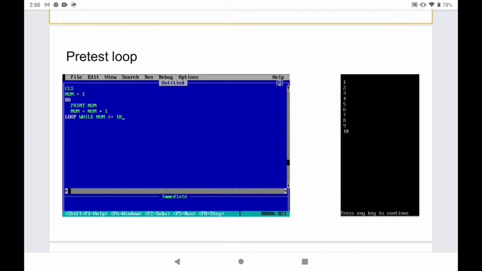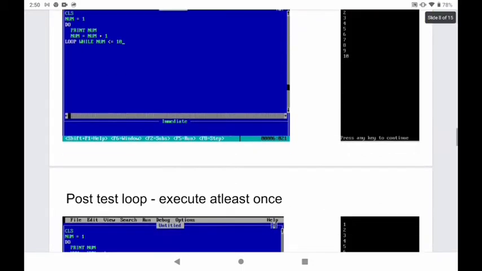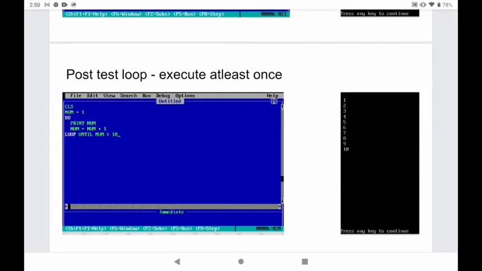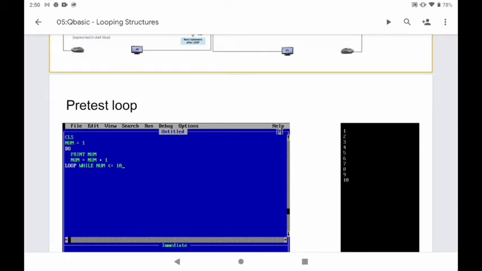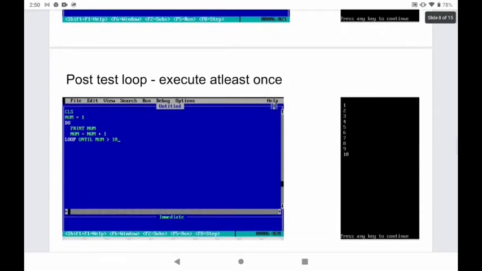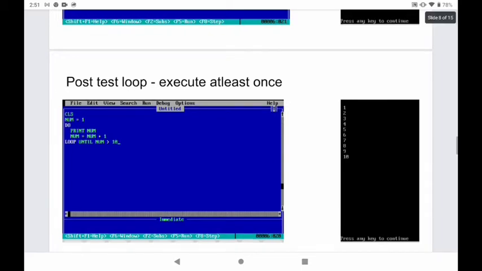The do while loop is a pre-test loop and do until loop is a post-test loop. If we are testing it prior, that means if the condition is not a true one, it will automatically go out from that loop and it won't print anything. But if it is a post-test loop, at this moment, it will execute at least once. At least one output will be there from that loop. Just we will explain the